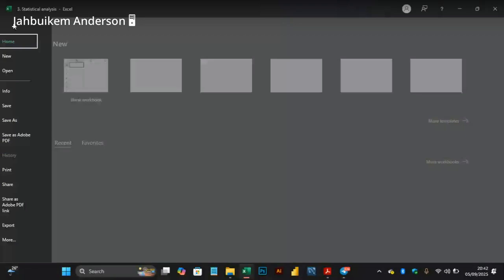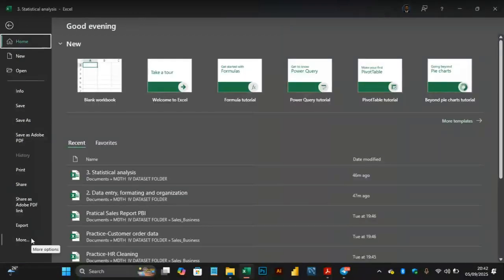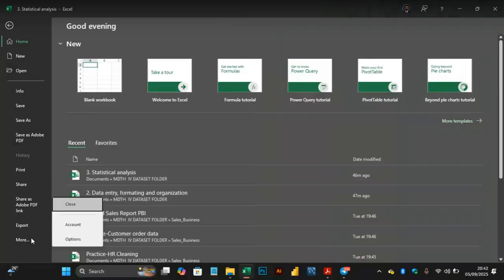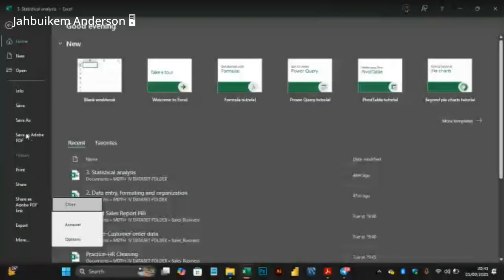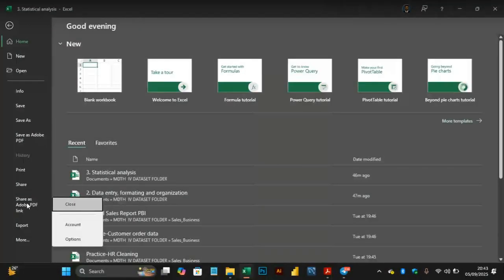If I go back to the File menu again and click on More, now because I've installed those COM add-ins, I see my home view has turned out this way. Before it wasn't this way, and now I have to click on More to see Options. Before, I had Account and Options here. Due to installing those COM add-ins, I have to battle with space regarding Save as PDF, Print, Share, and Export. That's by the way. So come back to More, Options,